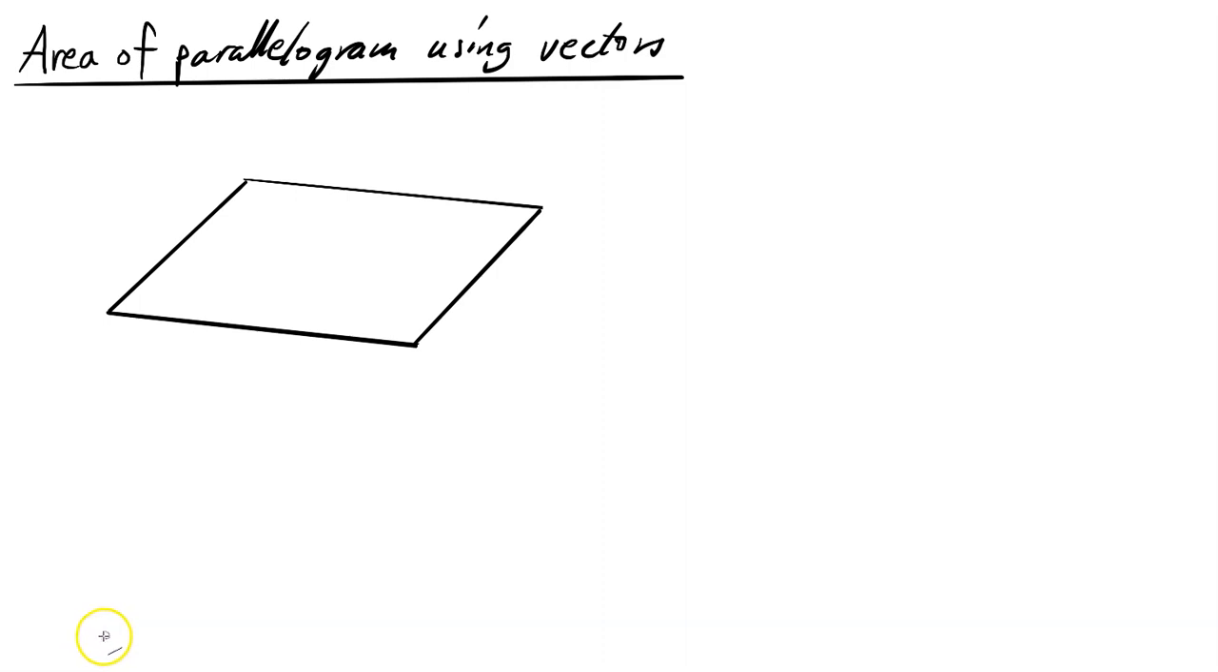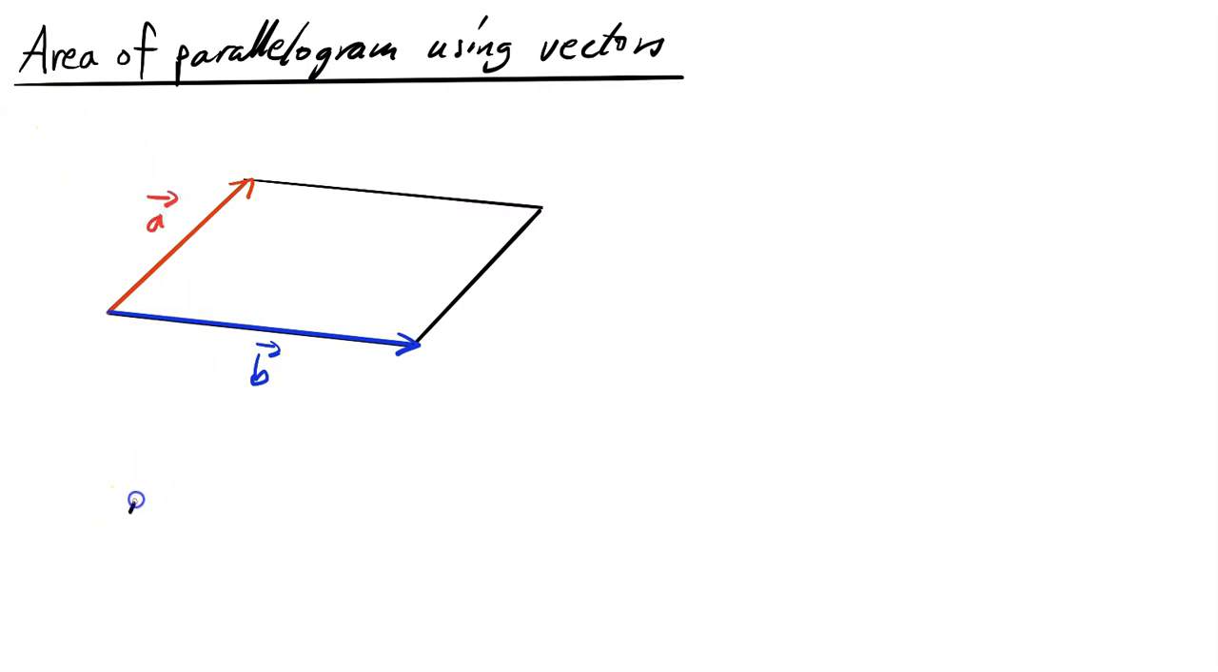One can use vectors to calculate the area of a parallelogram. If you have a parallelogram like this, then the sides of the parallelogram can be thought of as two vectors. So we have the first vector here, and the second vector, this one. If you call that B, and call the other one A,